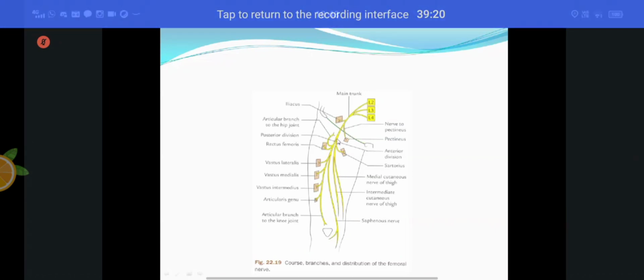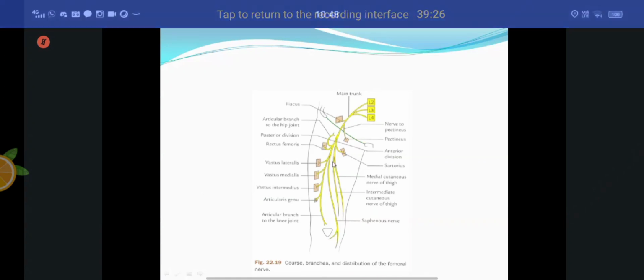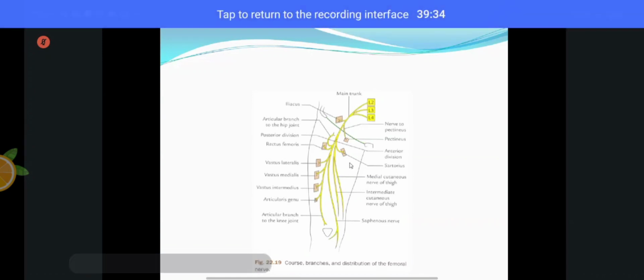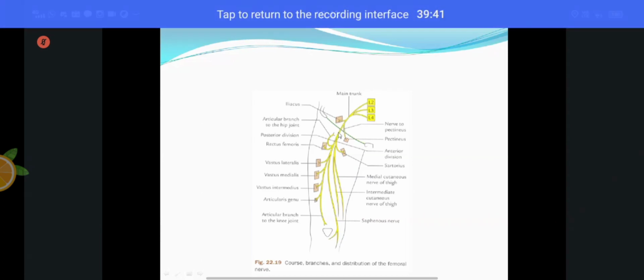And it is present in which one? In the femoral triangle. So the femoral nerve is a content of the femoral triangle, and it is lying outside the femoral sheath. What are the contents of the femoral sheath? It is only the femoral canal, femoral vein and femoral artery. But the femoral nerve, which is lateral to the femoral artery, is outside the femoral sheath.